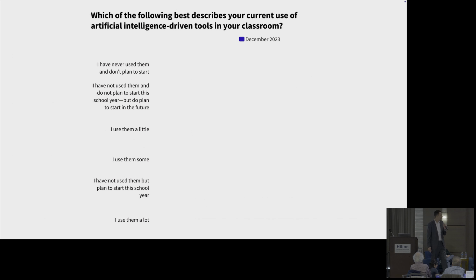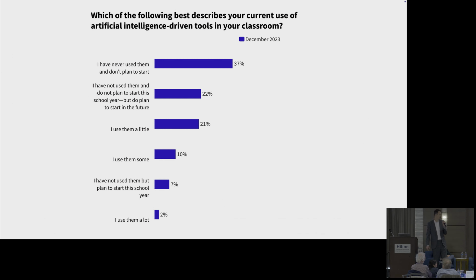Any guesses back then? This is, again, a year after GPT 3.5. What percent of teachers said, I use them a lot, these tools? Hit me. 10, 5, 3, 1, 17, 60. Okay. So, just for your edification, the answer winds up being 2%. That I use them a lot. We're playing Price is Right rules, so only the 1% answer won that one.